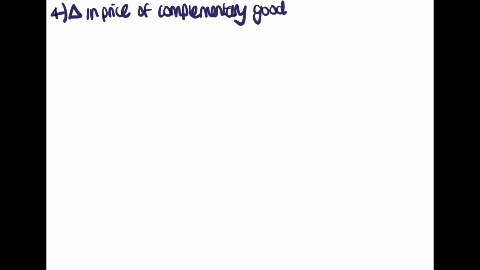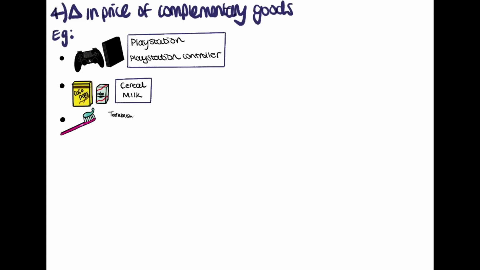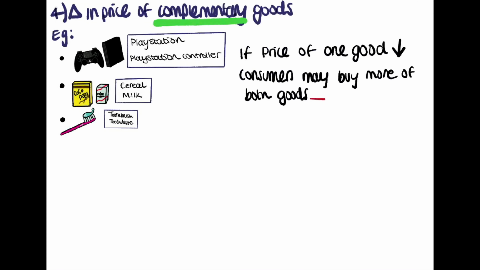Changes in the price of complementary goods can also affect demand. These are goods which are consumed or used together. For example, a PlayStation and a gaming controller, milk and cereal, or toothpaste and a toothbrush. If the price of one of these complementary goods fell, consumers would increase the purchase of both goods. This is because they are interlinked and used together. If the price of toothpaste fell dramatically, the demand for toothbrushes would increase, causing a shift in the curve to